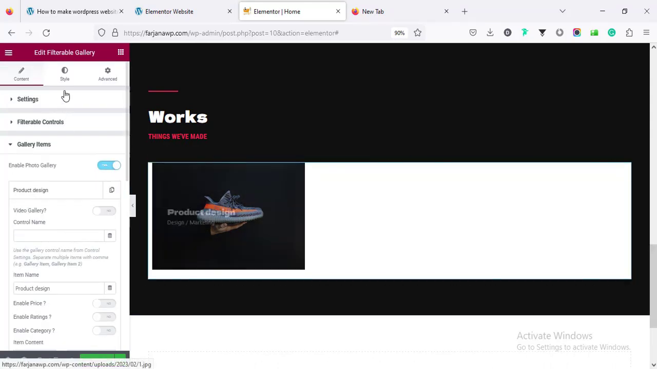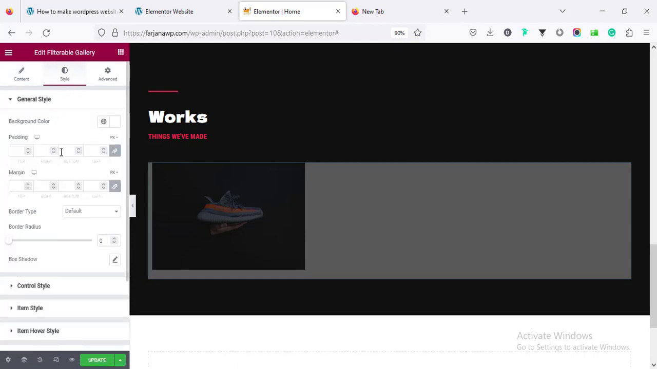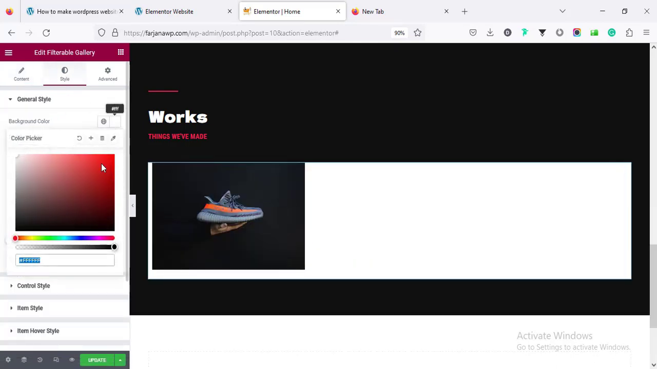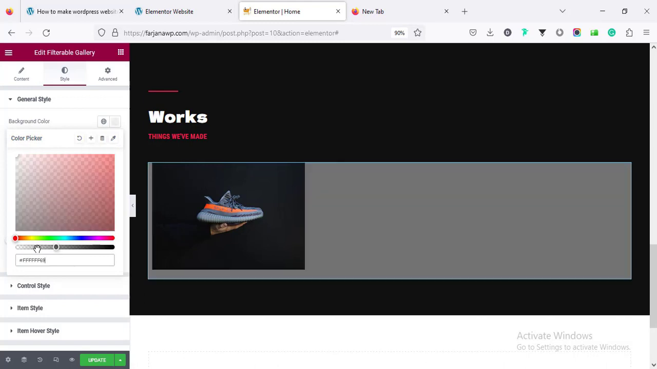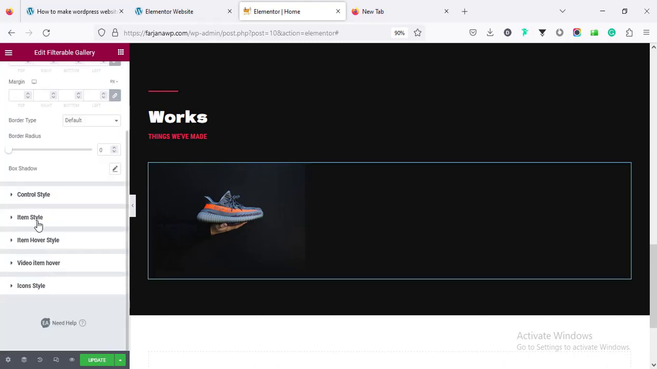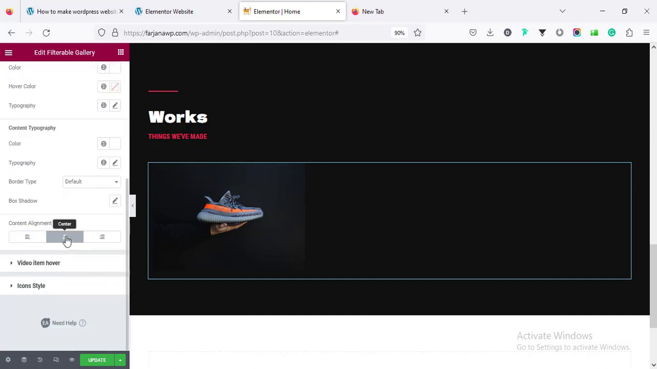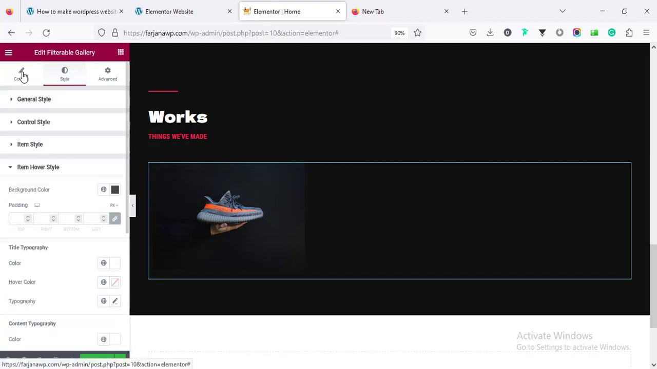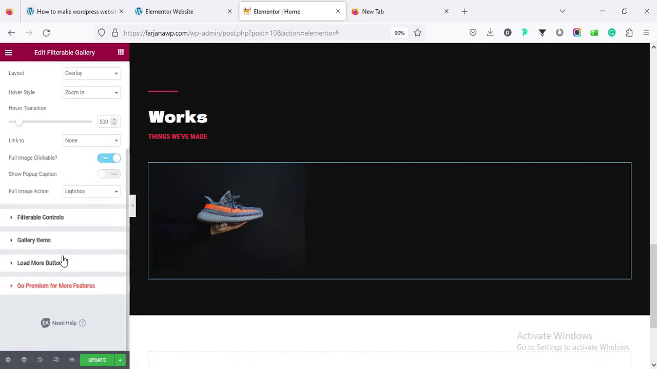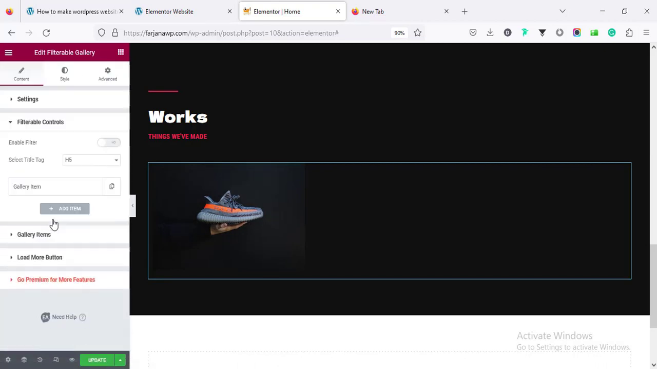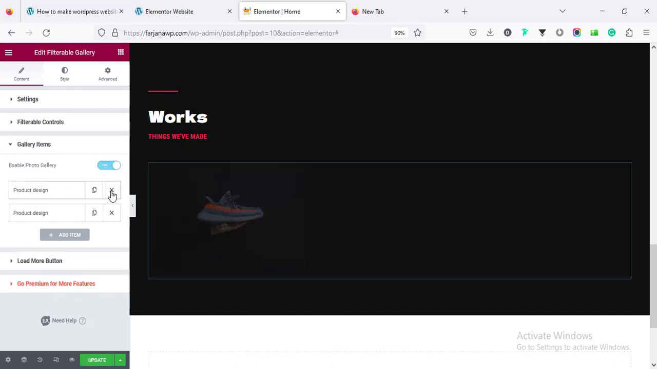So to add style, going to style tab, background color we can set the background color to transparent, and going to item style or item hover style, making the alignment to center. Going to content, filterable going to gallery items, and